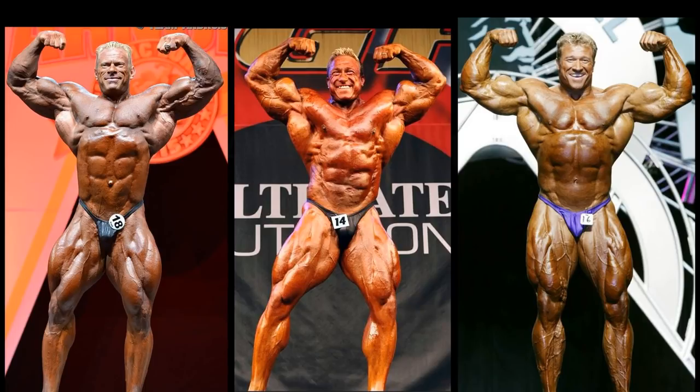Now, the arm development, he might be losing this anyway. Gunter, he's good. He's solid. Probably the most solid, complete-looking aesthetic. But I think Markus is going to take the cake in this one. He's right there in the center, too. That's where he would be if he was going to win. But I'm going to keep the order of these guys. So, my opinion, Dennis, although he has those quads, those are massive quads, I'd probably knock him down to third